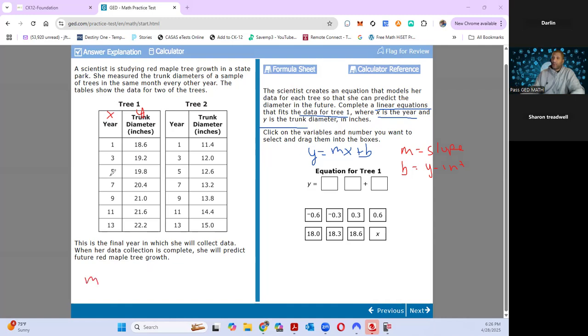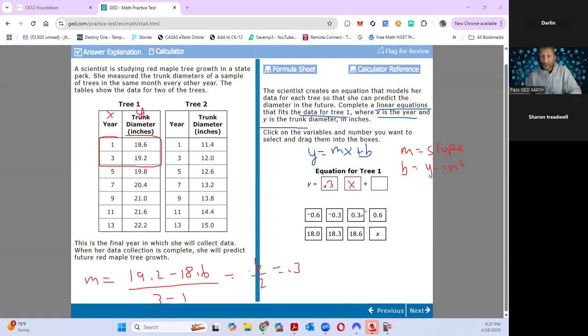So for the slope we're going to use these 2 points right here. We can use any 2 points. We can use year 1 and year 3, year 1 and year 9, year 5 and year 7. It doesn't matter what 2 points you use. So first we're going to find the slope. 19.2 minus 18.6, because it's y2 minus y1 over x2 minus x1. So we've got 0.6 divided by 2, which is 0.3. So we know the slope is 0.3, and our equation is going to start with y equals 0.3x